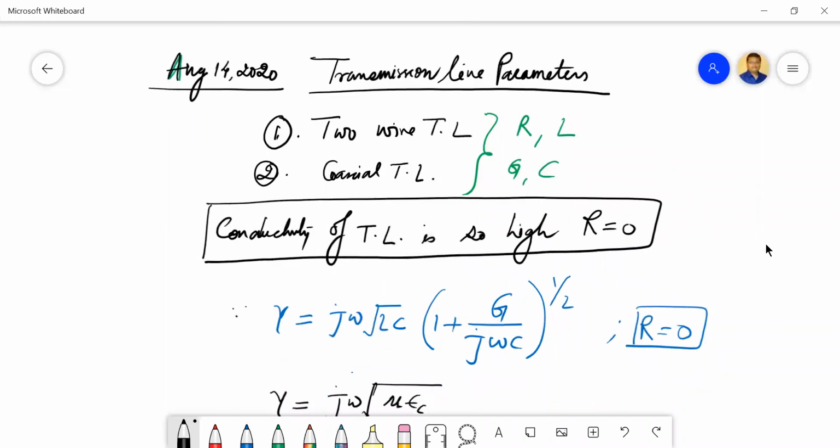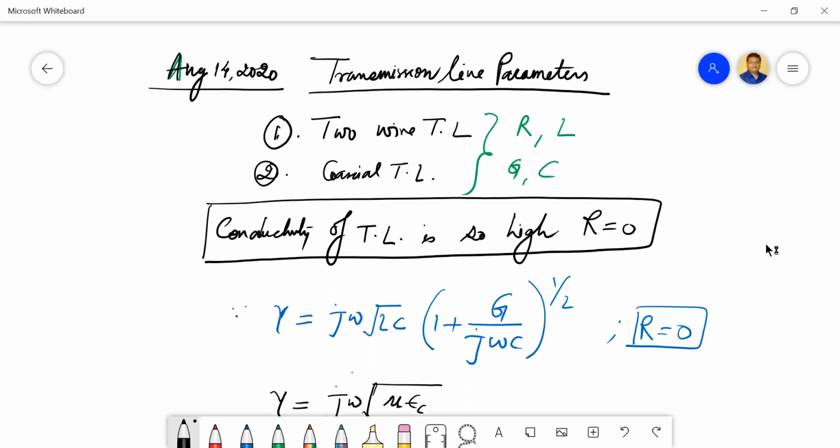So good morning, students. Today we will see the transmission line parameters. In the last classes, we explored the parallel plate transmission lines, and finally we estimated its lumped parameters, which are RLGC. Now we'll see some other kinds of transmission line, particularly the two-wire transmission line and the coaxial transmission line. For both, we'll estimate these lumped parameters again.